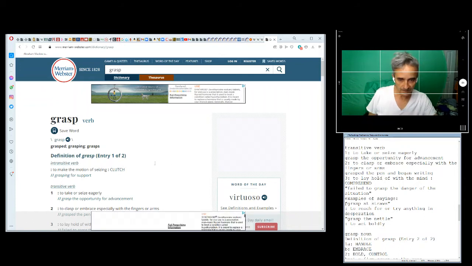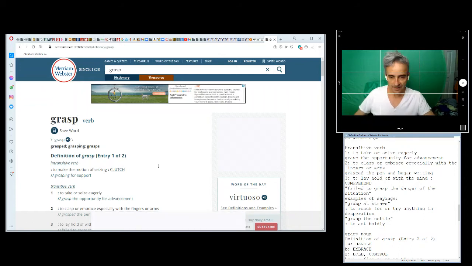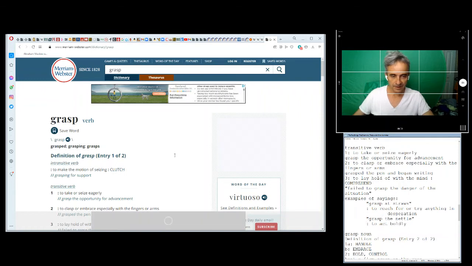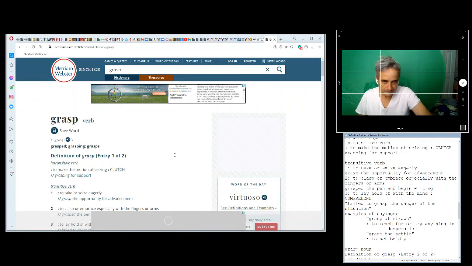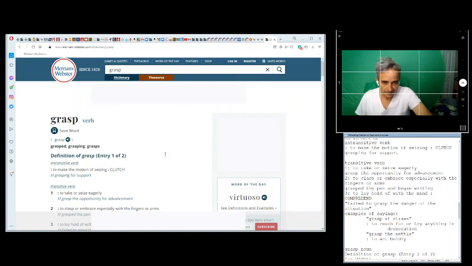Clinging. Okay, so which one should we use? Clinging or grasping? To translate the Sanskrit or Pali word upadana. And it's interesting that maybe the Buddha also expanded the meaning of the word, like he did with the other one,